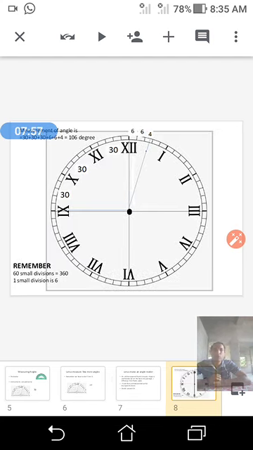I am showing you one example. I have prepared that clock face, and these blue color lines show you the angle. As I have placed the clock face on the angle, you can see one arm of my angle matches with 9 of the clock, and from there I start counting.